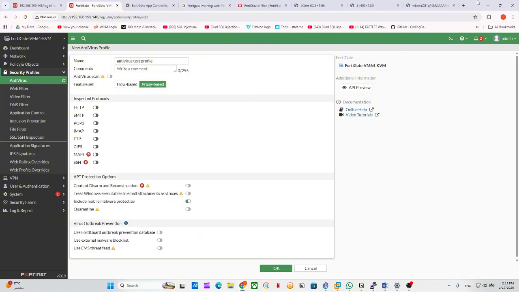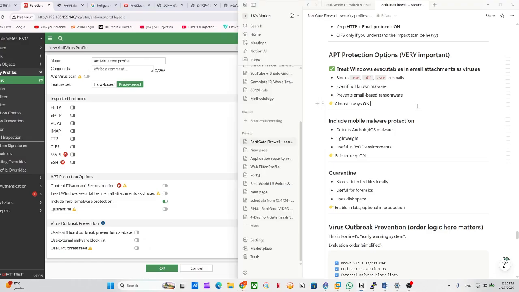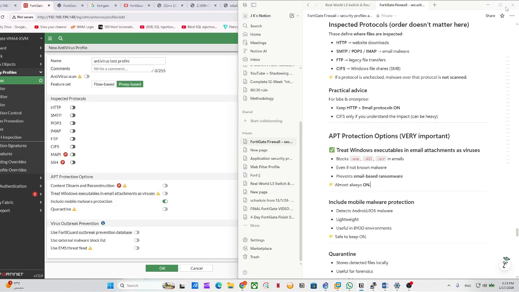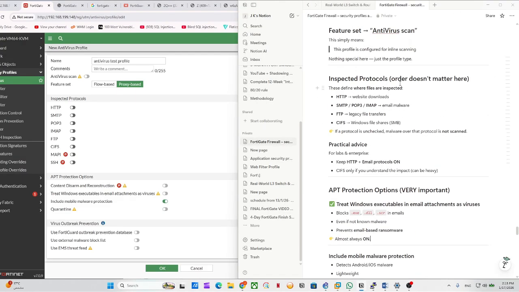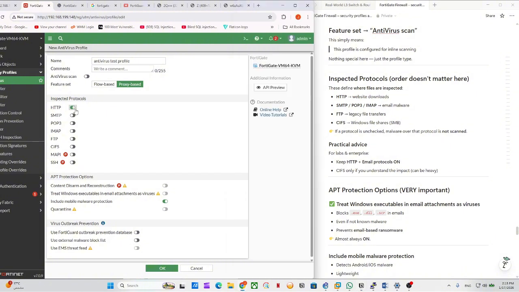Let's see what we need to focus on here. Inspected protocol, order doesn't matter. Okay, this defines where files are inspected. HTTP. You do the antivirus scan after selecting the inspected protocols. You see, it will not allow you to enable this antivirus scan before choosing the protocols that